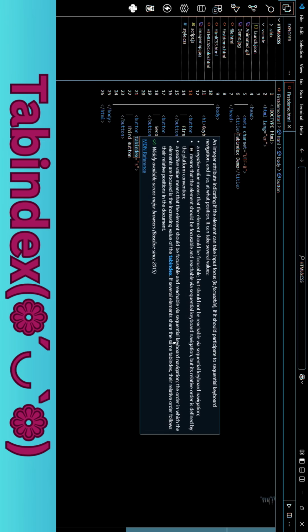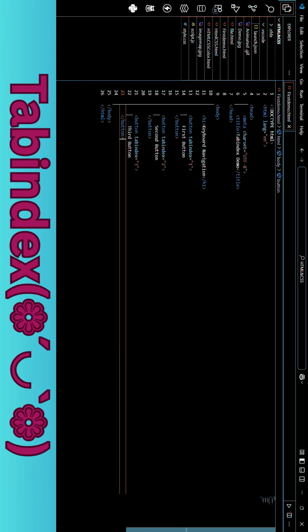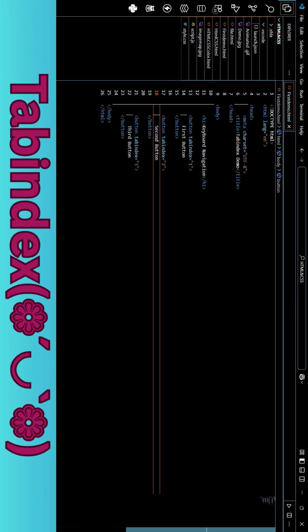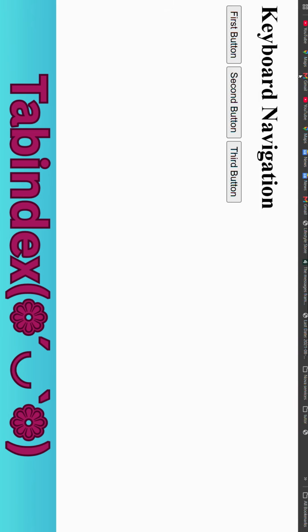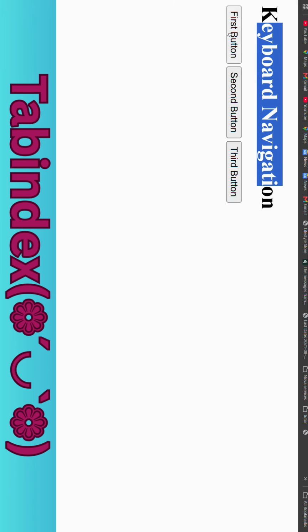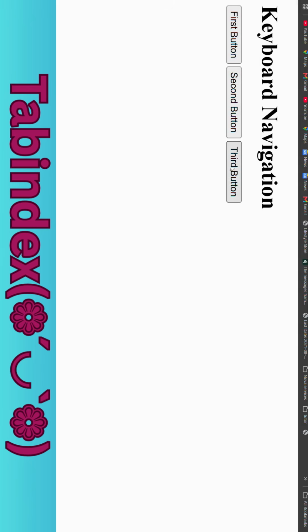Why? Because manually creating a focus order can become difficult to maintain. If your page changes, you may have to update many tabindex values. In most situations, it's better to let HTML's natural focus order work. For example, a button tag you can use for login, and you can use a with href for sign up in HTML. The browser already knows these are interactive elements. You usually don't need to force a tabindex.